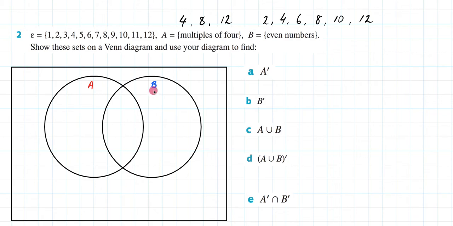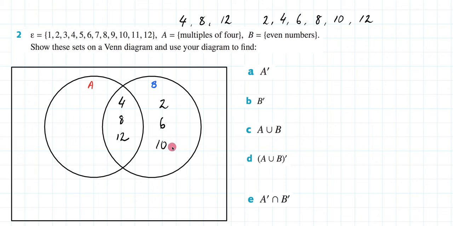Immediately, I realize that my multiples of 4 are all even numbers. So they're all going to exist within the intersection space here: 4, 8, 12. The remainder of my even numbers will be here. So I'm going to have 2, 6, and 10. So here I have 2, 4, 6, 8, 10, 12, all my even numbers. My intersection is my multiples of 4, and then the rest of my even numbers are just in the B